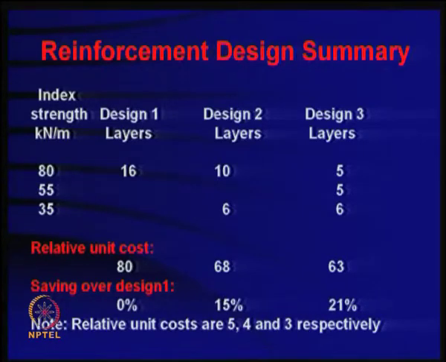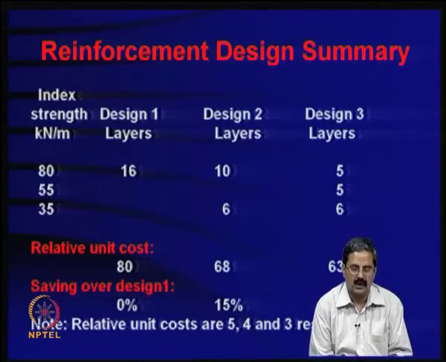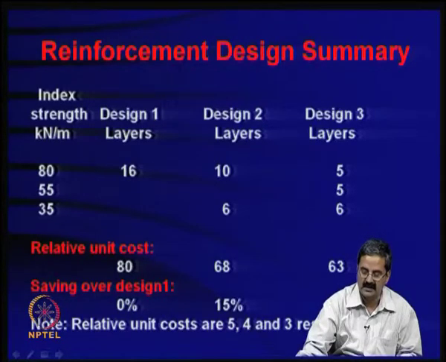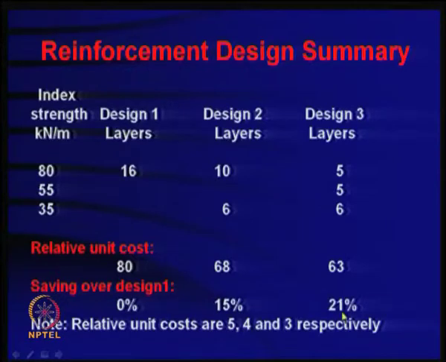factor of safety, it is definitely less than 1, and you use geogrid reinforcement. These reinforcement charts that I just showed you are based on a design coefficient of 0.8. So even using that, with a wiser choice of reinforcement, you are able to get about 21% savings over the design 1. What I want to say is that one can do a very systematic analysis.